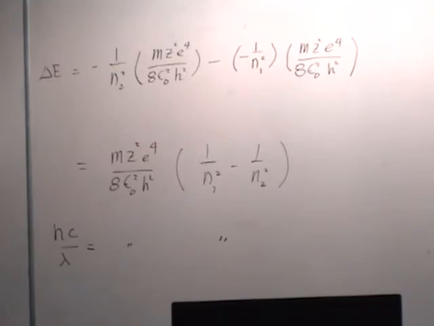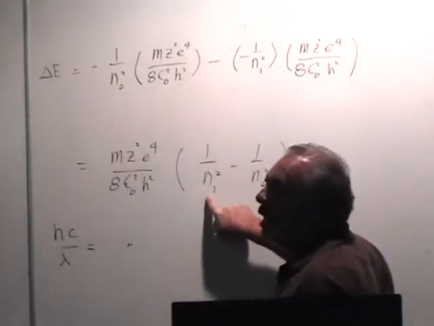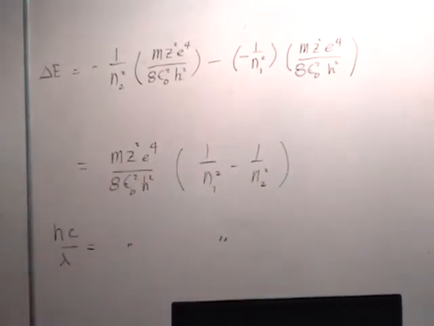I think, yeah, you transpose the 1 and the 2 subscript. I did not. Notice that the n2 has a negative sign and the n1 has a positive sign. It looks like it, but don't forget the double negative. There's no reason to worry about it. Now you see I've got something. Just get rid of the hc, right? We've got 1 over lambda